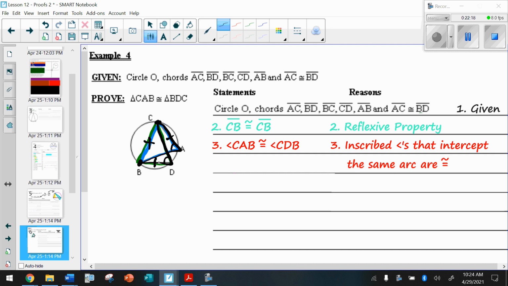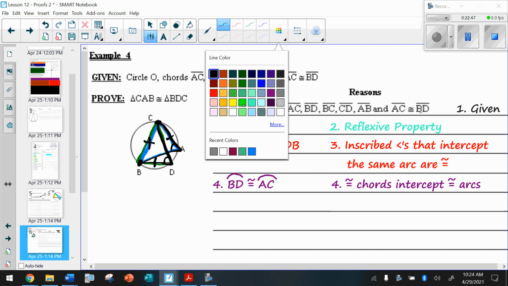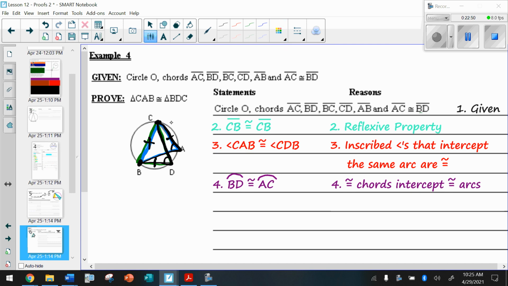So why did they give us AC and BD? I know why. There's a rule that we talked about. Congruent chords intercept congruent arcs. So if chord AC is congruent to chord BD, that means arc AC is congruent to arc BD. And that becomes significant because even with all this stuff done in here, if arc CA is congruent to arc BD,